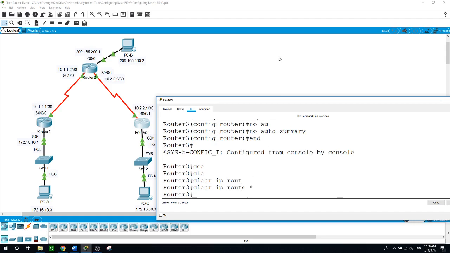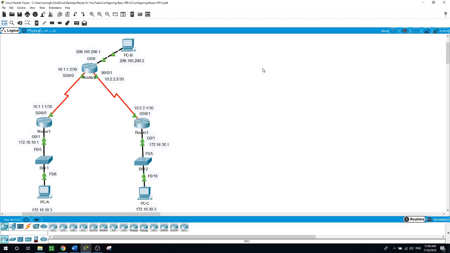Next, let us examine the routing tables on the routers. The LAN subnets connected to router 1 and router 3 should now be included in all three routing tables. Before, when we configured classful and auto summarization was not disabled, we were not able, when we ran show IP route on router 1 or router 3, to see this LAN from router 1 or to see this LAN from router 3. So now I will